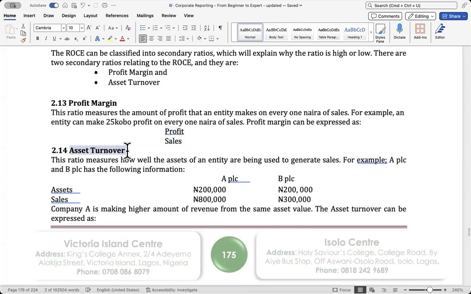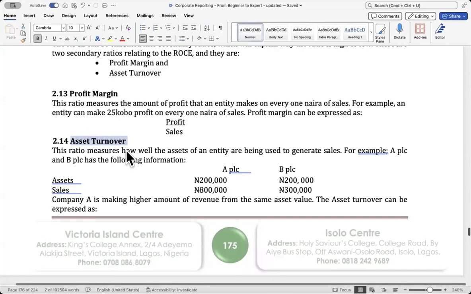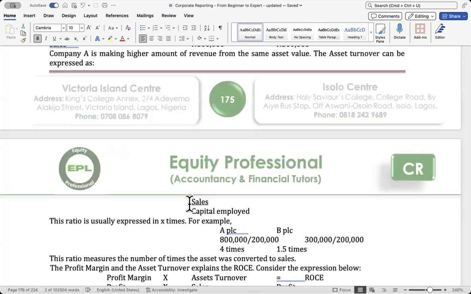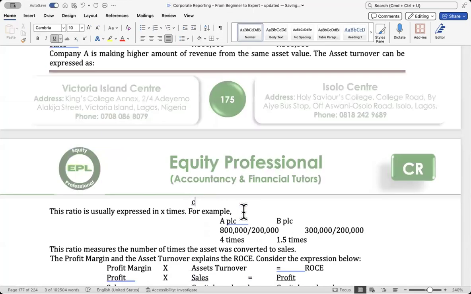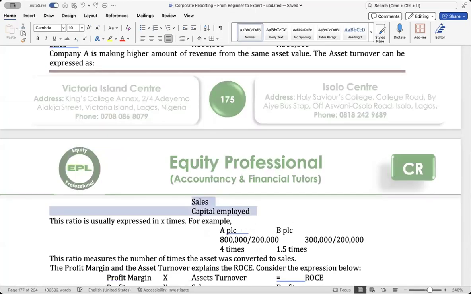There's asset turnover, which looks at the efficiency in converting assets to sales. How well, or how many times, an entity is able to generate sales from its assets: asset turnover. Usually it's sales over capital employed. And in your exam, you find out that when I saw a few questions with you,